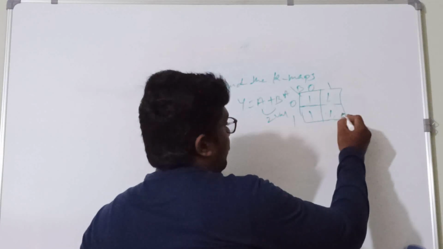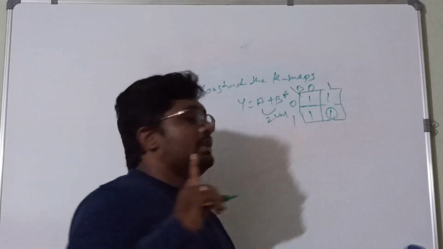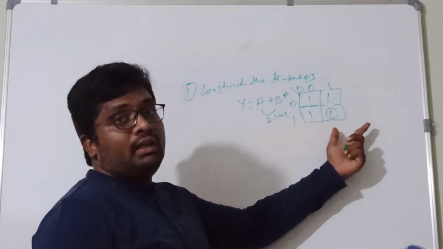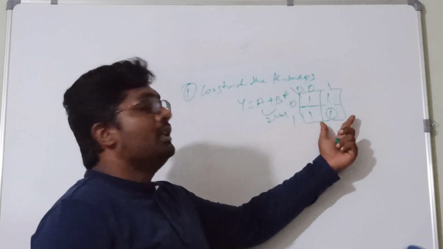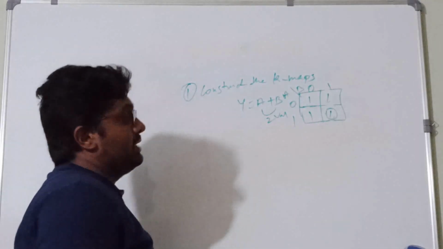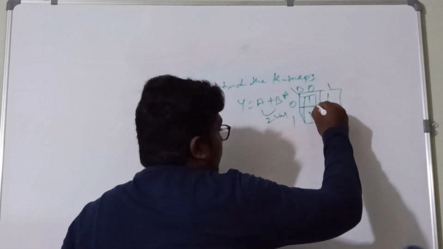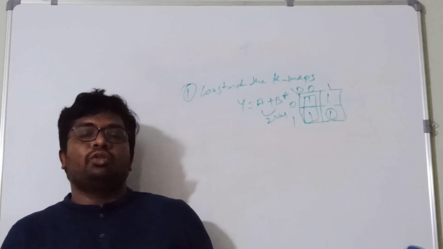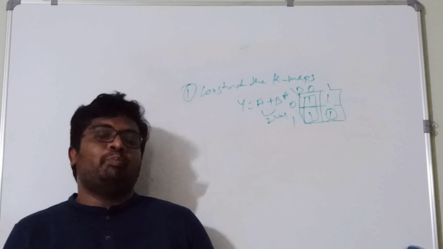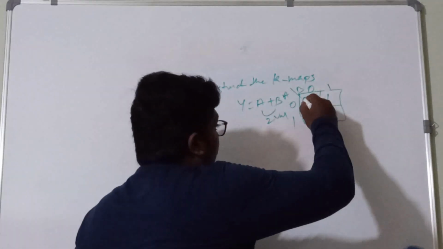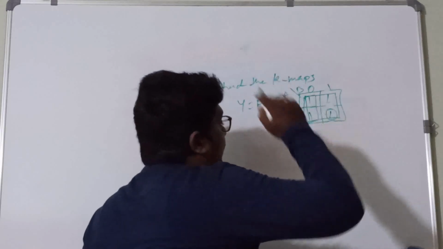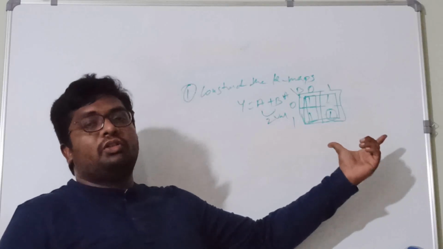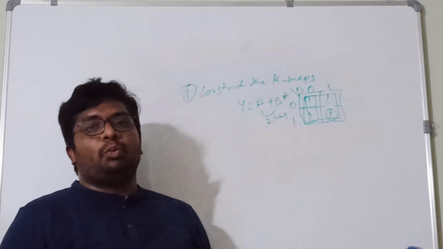So now let us take an example. This is a single minterm or a single variable, right? We need to group all the single minterms in a K map. The next step is that we need to group the 2 minterms which are adjacent to each other. The grouping of these 2 minterms we call a pair. And the next one is that we need to group the 4 minterms where it is possible in a K map. The grouping of these 4 minterms we call a quad.